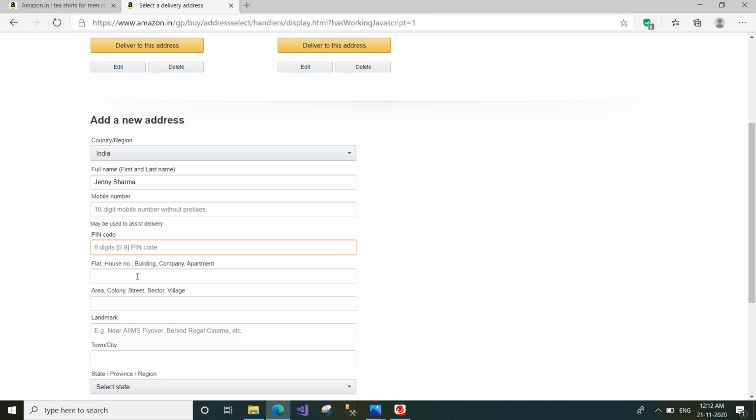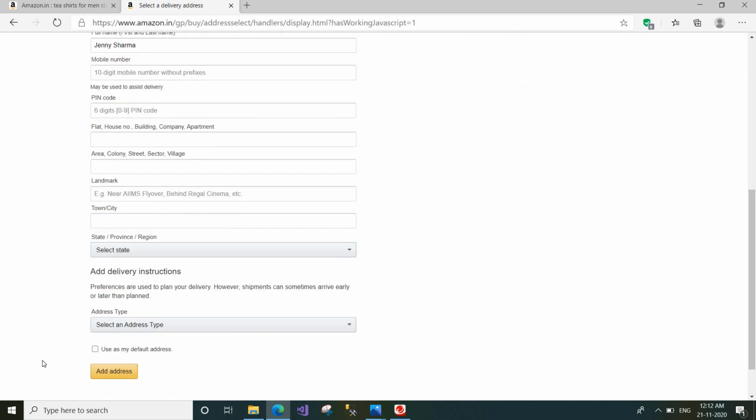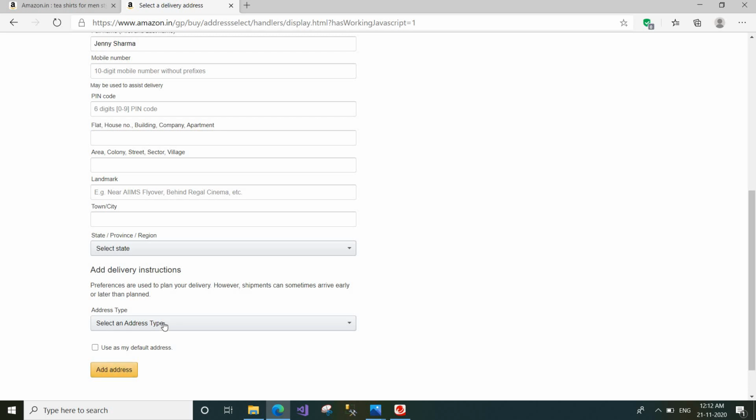You have to give the pin code, house number, area, landmark, towns and state, and you have to click the address type also, home or office, commercial. After giving all the address, you just click add address.